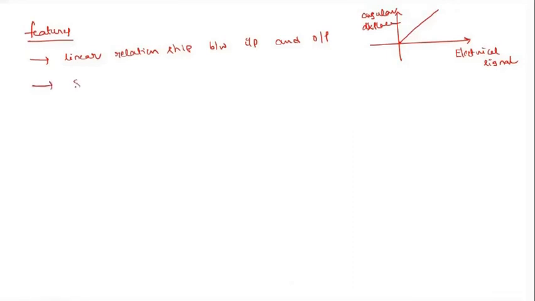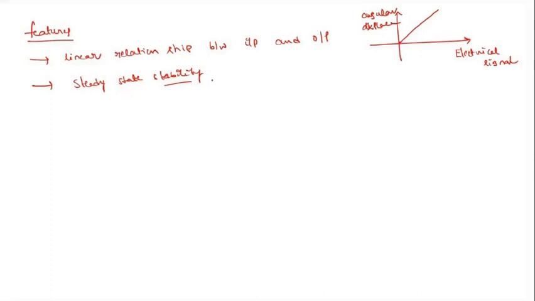The second feature is that it will give steady state stability. As of now, we know about stability: if any system satisfies the Bode principle, that is called stability; if not, it is unstable. So what is steady state? Steady state means after the transients die out. Transient means sudden changes; it will not be constant, it will change from time to time. Steady state means even though time changes, it will be the same.